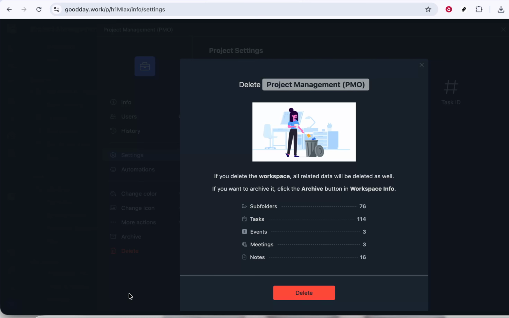If you're completely sure you want to proceed, follow the on-screen instructions to confirm the deletion. This might mean clicking delete again, typing the workspace name, or acknowledging a confirmation prompt. Once you confirm, the workspace will be deleted from your Goodday account and it will no longer appear